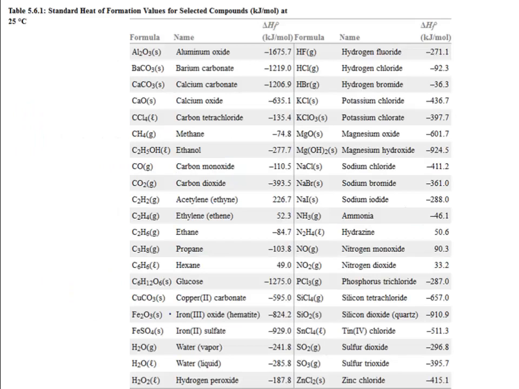So we have big tables of these standard heats of formation, enthalpy of formation values, and you look them up. The reason it's going to be useful is you'll be able to determine the delta H of any reaction involving these particular compounds, as well as elements in their natural states. Delta H of formation for any element in its natural state